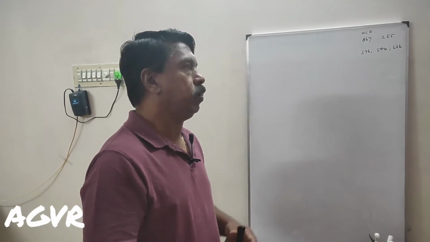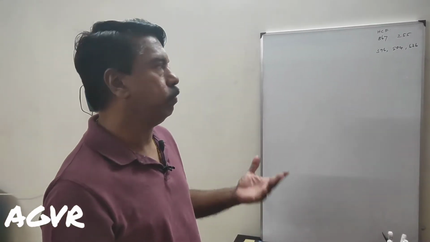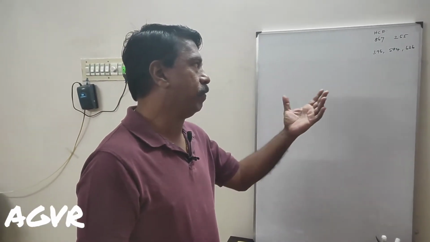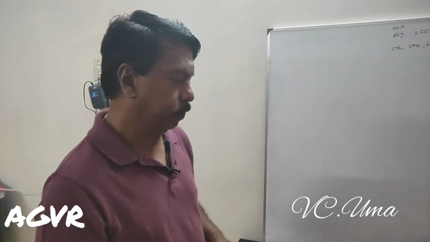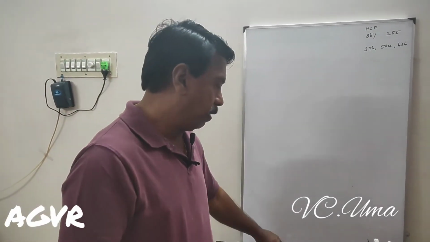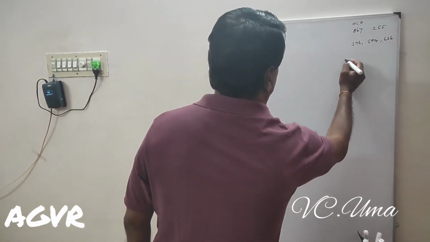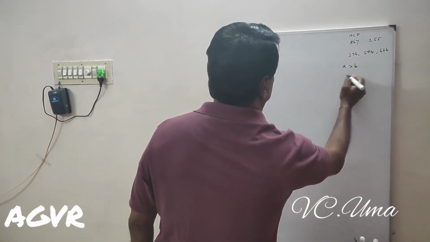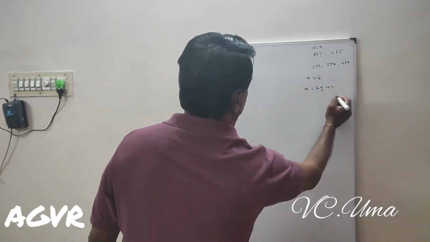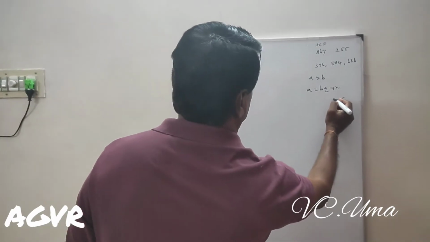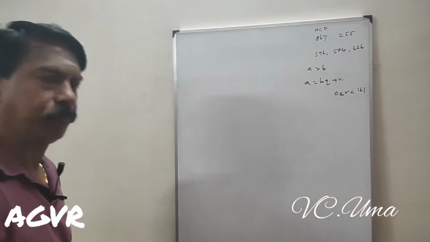Today I'm going to explain how to find the HCF of two numbers and the HCF of three numbers using the Euclid division algorithm. In the last class I already explained what the Euclid division lemma is. For any two numbers a greater than b, a can be written as bq plus r, where r is greater than or equal to 0 and less than modulus b.